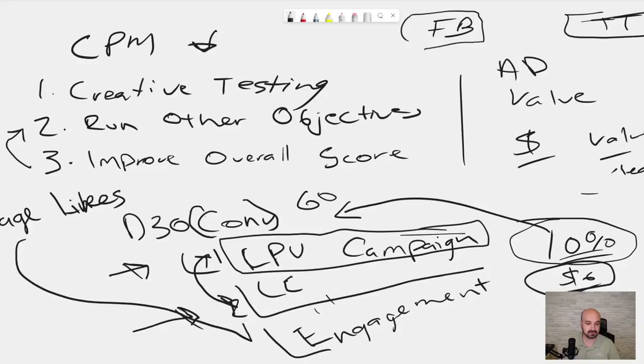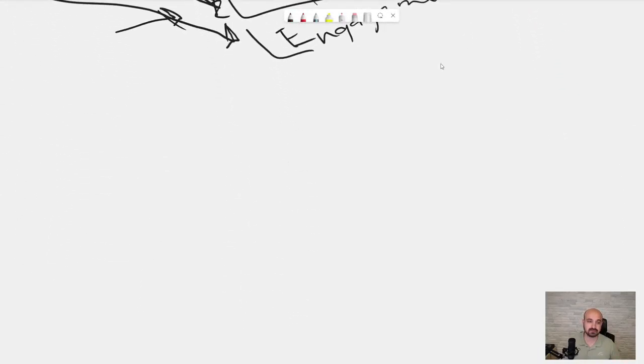This is under the engagement banner. So my recommendation is like this. Let's say you are at 500 spend a day. You want to invest about 80%